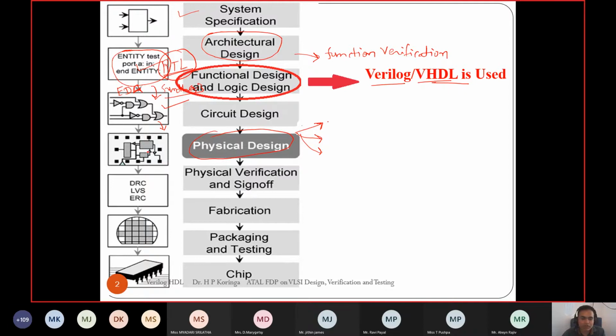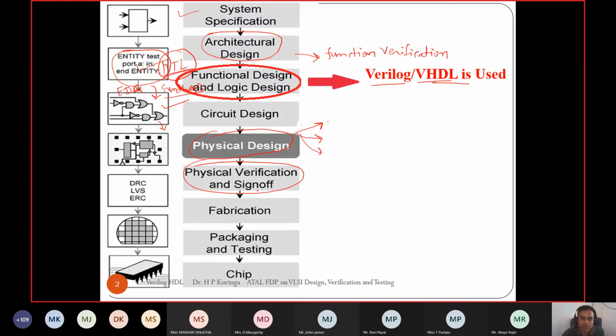In the physical design flow, we have three sessions. One is on planning and placement. The second is on routing and clock tree synthesis, and the last session on Thursday is on design sign off. Design sign off is the last verification before sending the GDS file to the fabrication lab.